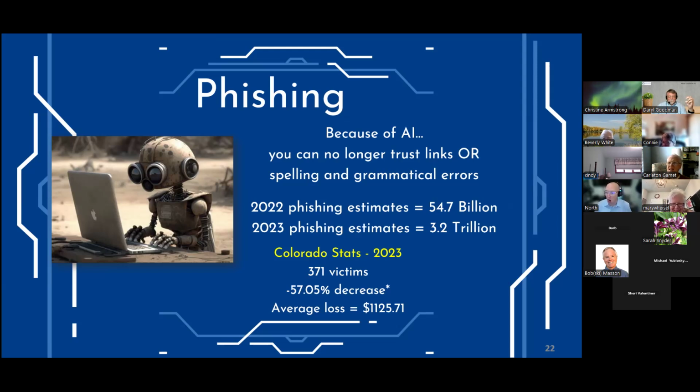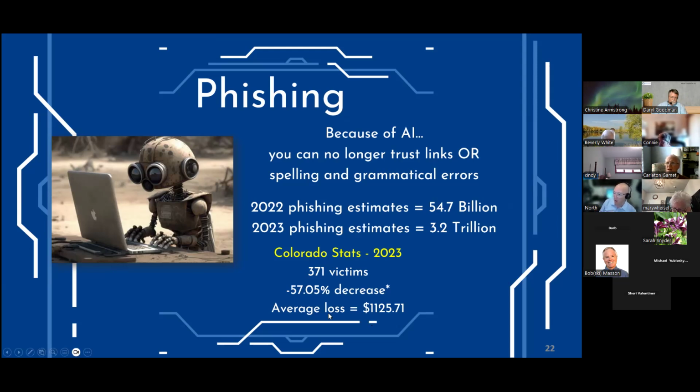The number one thing that the Colorado Bureau of Investigation is attributing this to is shame. People are no longer reporting that they are victims of phish. So that is the number one reason. I wish it was awareness and I wish it was the training that we're giving, but they're saying that fewer people are reporting because they're ashamed that they got taken. So that's why that number is dropping significantly. It's not that there's actually fewer victims, it's just that there's fewer people reporting. So falls into that: if you see something, say something.